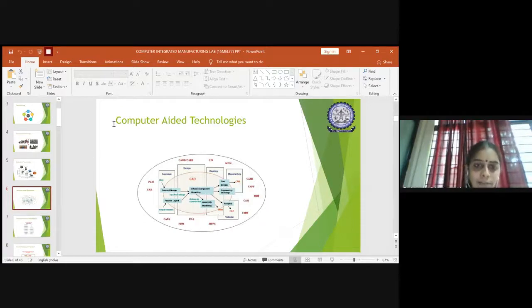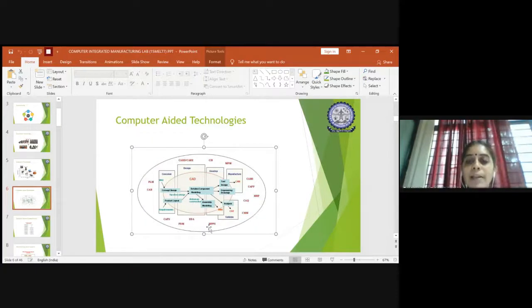Similarly, we have the computer-aided technologies that we are using. Mainly it starts with CAD, which is computer-aided design, in which the concept design will be converted into detailed component modeling, then assembly modeling, product layout, engineering drawing, everything interrelated with the tools also. Finally, once the CAD part is done, it goes to the manufacturing sectors. So you have different tools for manufacturing. There are various CAD technologies associated in each and every stage.